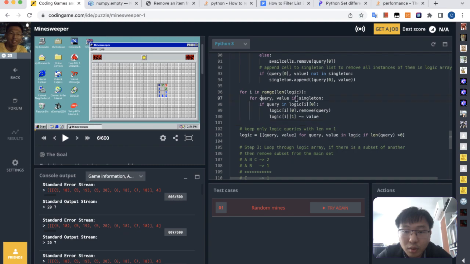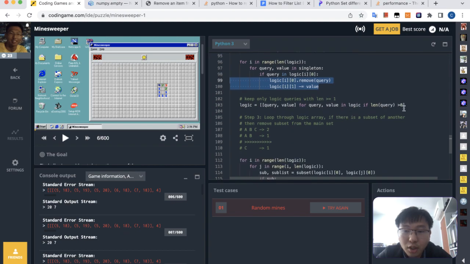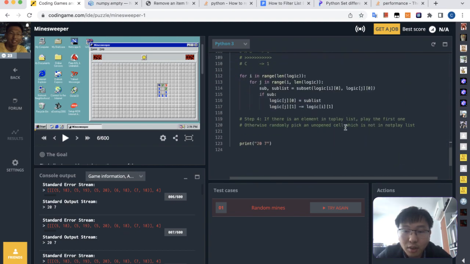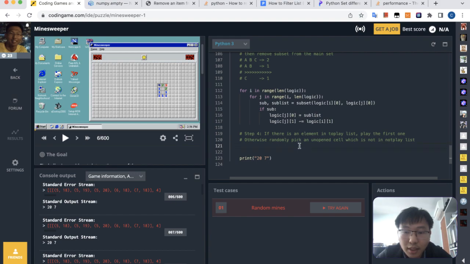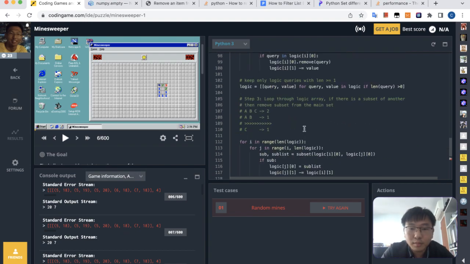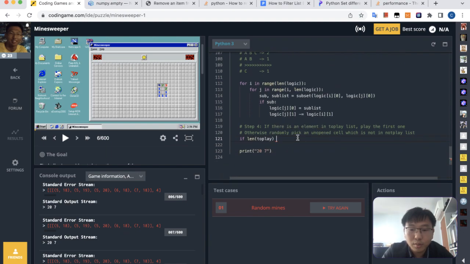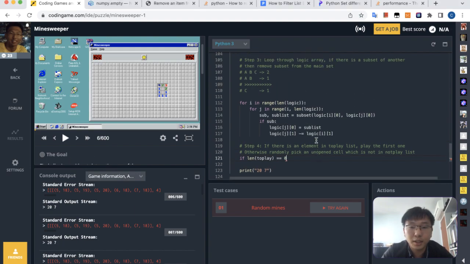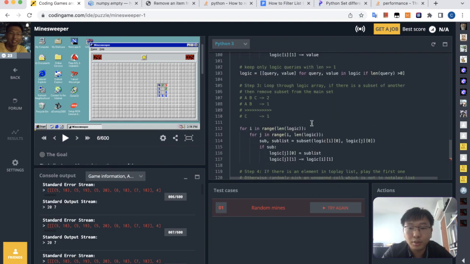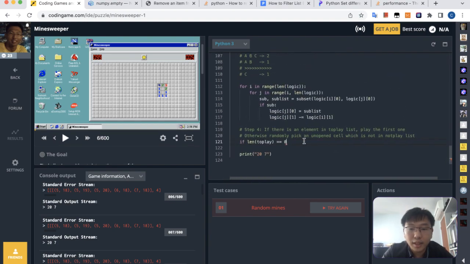Okay, so we have this for each of this in the singleton. If query in this, remove. Okay, so all this don't change. Keep only logic values with length greater than one. Okay, right. So over here, if there's an element in the to play list, we play the first one. The singleton will just store the value there forever, because we want to update our query list with all the singletons all the time. So if length to play is greater than 0, okay, so what we'll do is